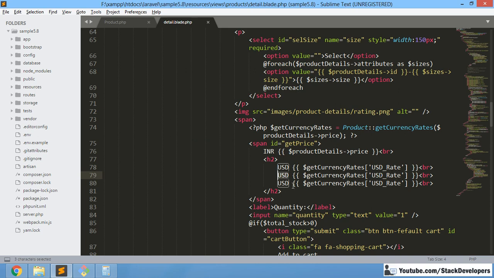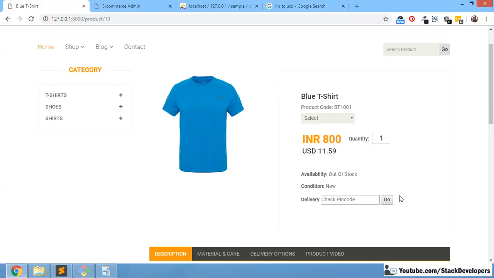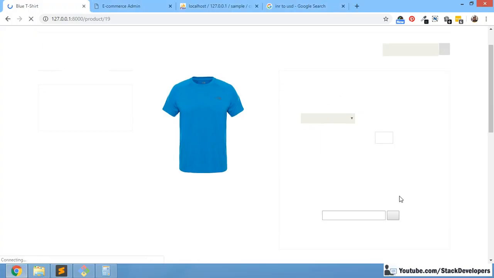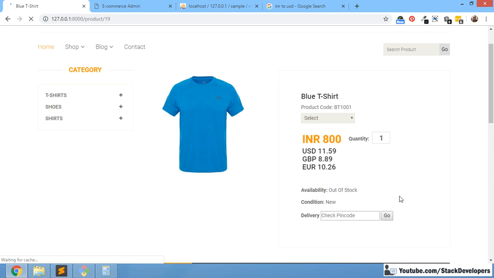Okay, so here GBP, and we are going to get the GBP rate, and the euro rate we can also get, EUR, and here as well. Okay, so let's get all the three currencies. You are going to see all the three currencies here, and that is working fine. 11.59 for USD, and for GBP 8.89, and for euro 10.26. Okay, so like this we can show the currencies